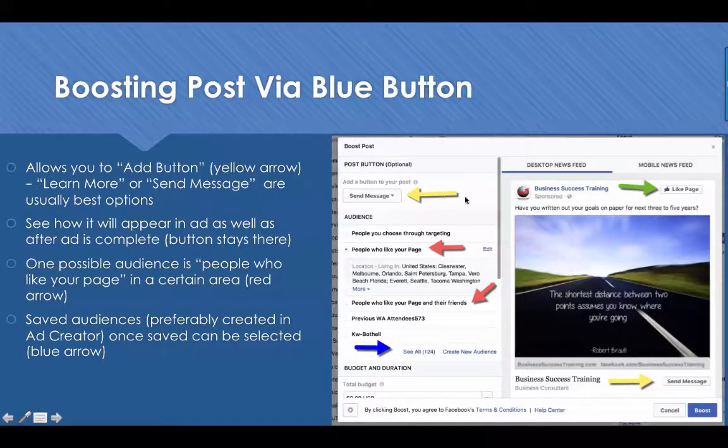one of the reasons to do it is it gives you this option to add a button to your post. And I really love that, because usually, even if you go through that Add Creator, you might see something like people on the other end might see this in their newsfeed. It would say sponsored posts like this, and then they would say like the page. Well, people like the post, but they don't necessarily want to like the page right now, so that may or may not be effective for you.